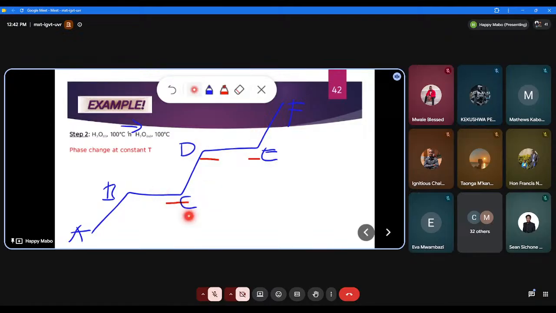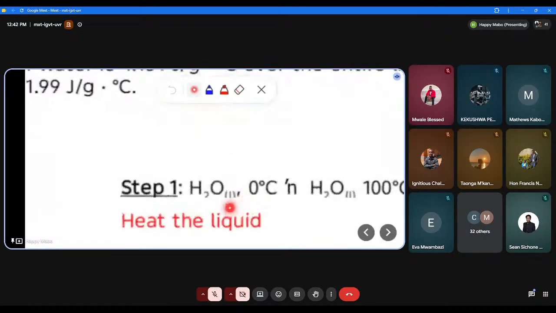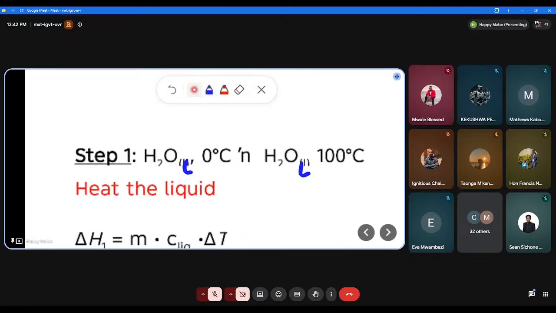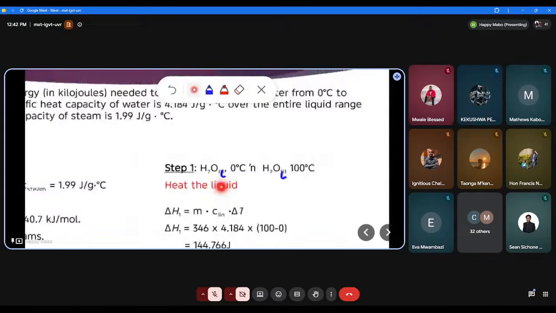It is still in its liquid state, but the temperature would have moved from 0 degrees Celsius to 100 degrees Celsius. And this is why the previous slide is showing us that we have the two states being the same, but the temperature is changing. So liquid here and liquid there, the temperature increases from 0 degrees Celsius to 100 degrees Celsius. So the difference in temperature between 0,